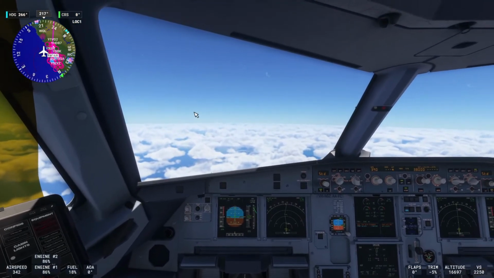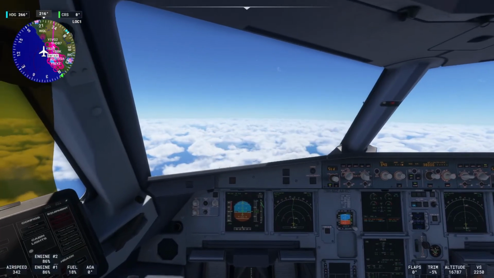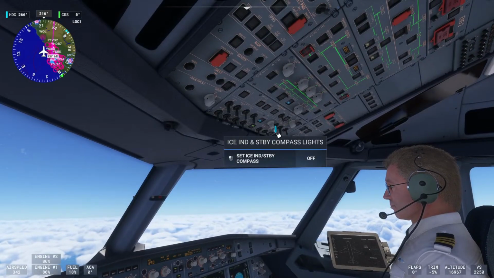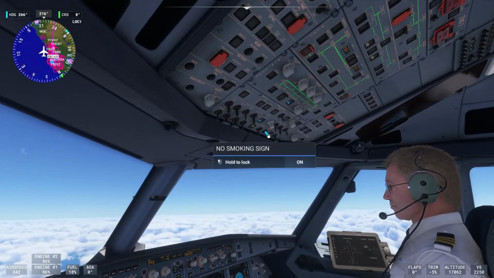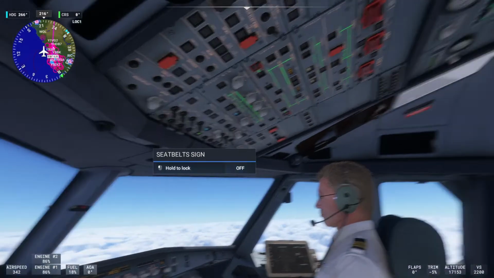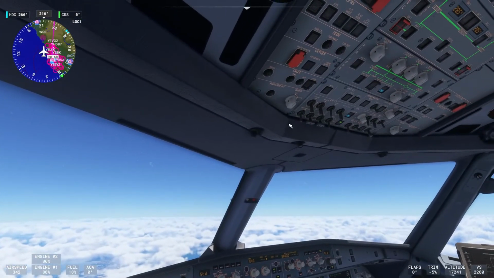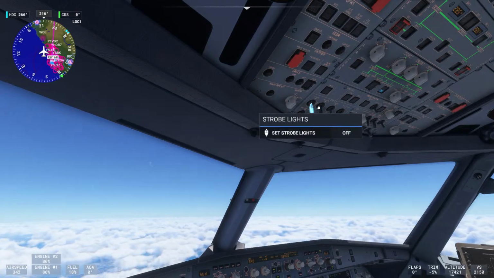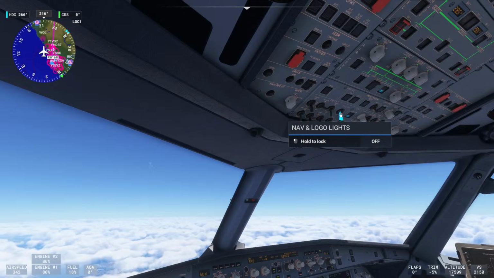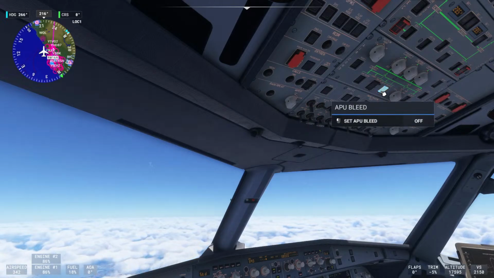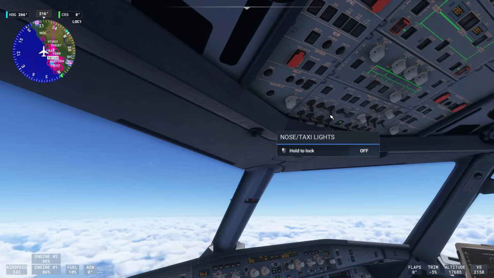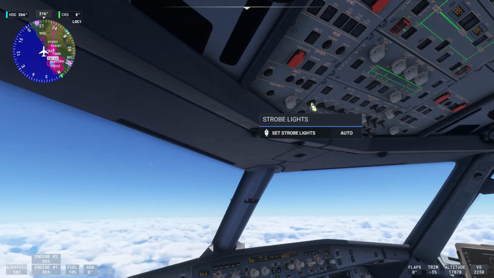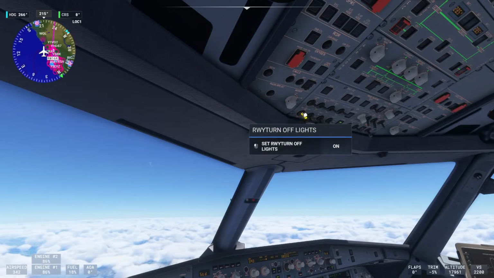And theoretically I could walk from the flight deck right now and everything would be just fine. So because we're past 10,000 feet, let's make sure we've got our smoking signs on, seatbelt signs off, perfect. We'll take our runway lights off, yep. Should have set them. I never turned the APU bleed on, that's not good. I forget because I've cheated with the panel, and yes, I still have to learn how to do the proper